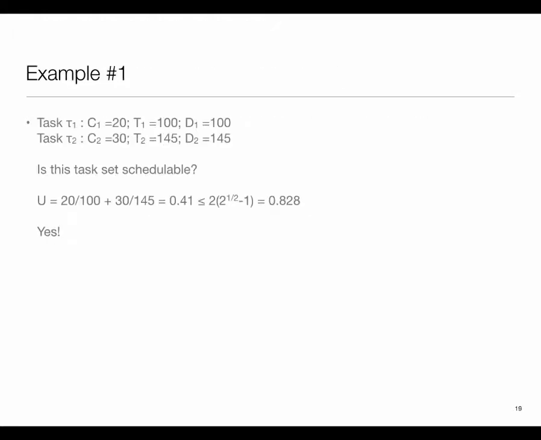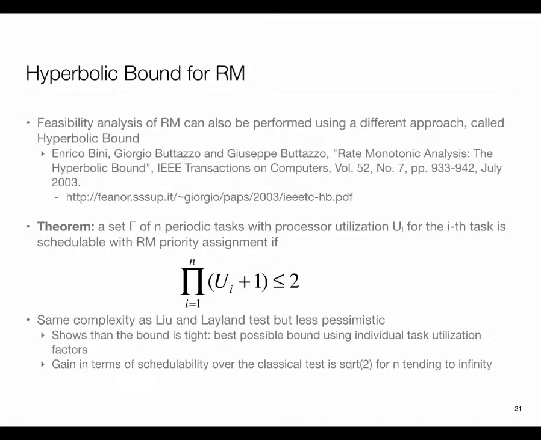So the search for coming up with a better formula has always been on, and what this group showed was that there is a better formula, if instead of simply knowing the total processor utilization, I actually knew the individual processor utilization for each one of the tasks. The previous formula said U is less than or equal to N, and so on. It only needed to know U, which is the sum of all the individual tasks' utilization.